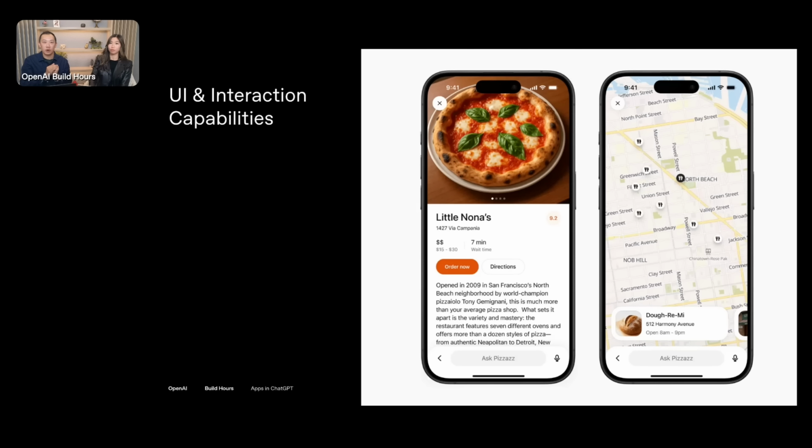If you're not familiar already, there's the ability to do full screen mode, like we mentioned, and as well, you can add in anything you want really in the UI that meets our app submission guidelines and policies. And rendering a map view is one of those examples that creates a really immersive experience. And we have a UI component library that we'll share after this live stream and also in the chat.